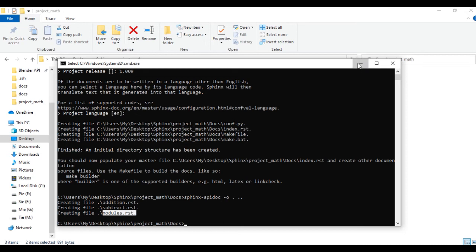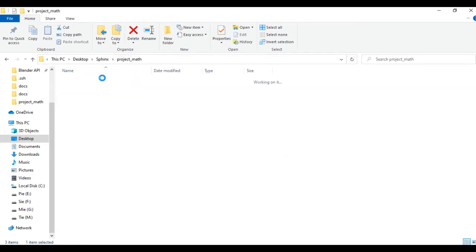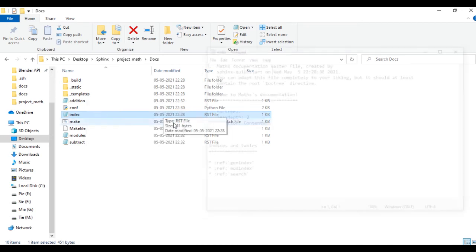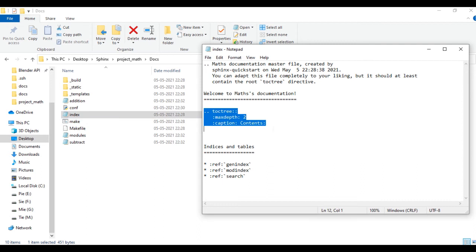Okay, we are done with this process, and now open index.rst. This is the place where our HTML file will look for our module files.